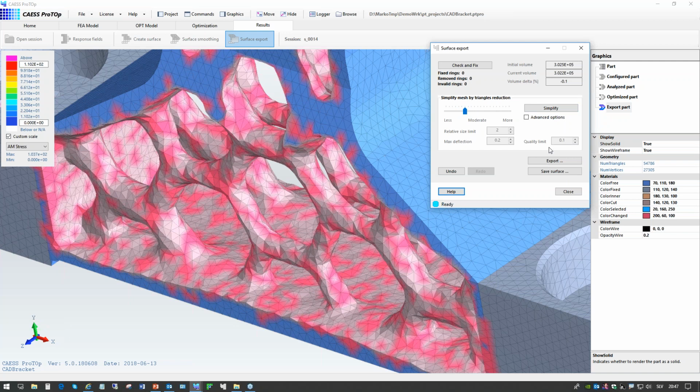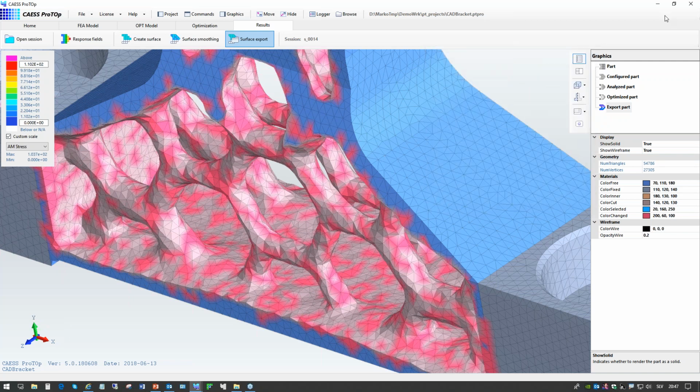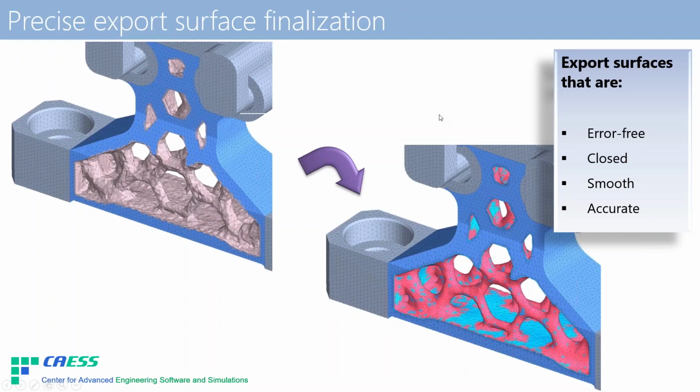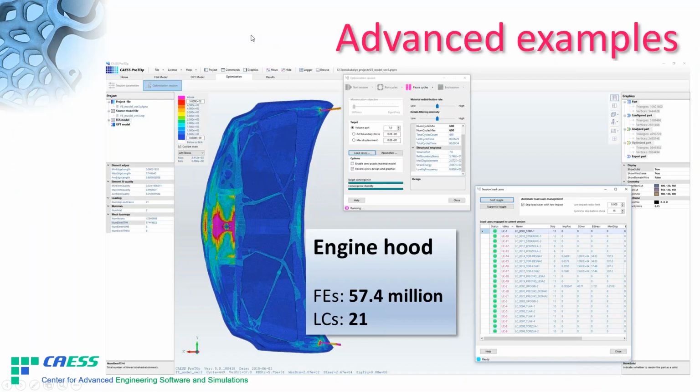Okay, so exporting this surface would actually finalize our optimization job. Okay, so we are actually done. What I would like to show you at the end is